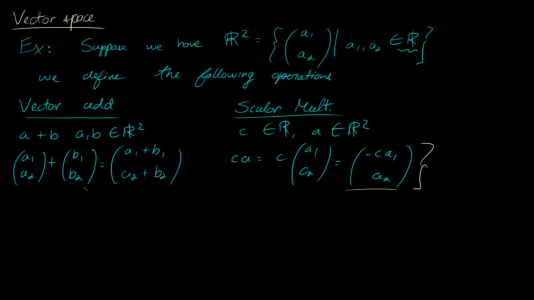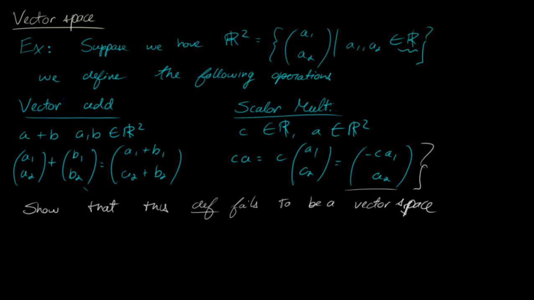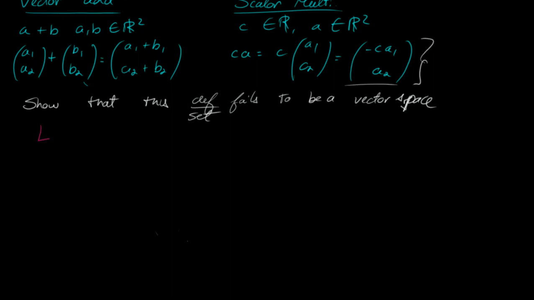So what we want to do in that case is show that this definition fails to be a vector space, or I guess this set with this definition fails to be a vector space. And how we show this is by using a counterexample. A counterexample really is just a fancy name for saying a real example